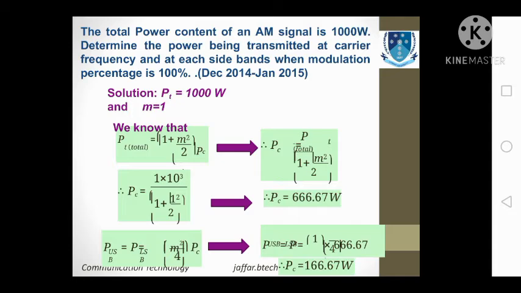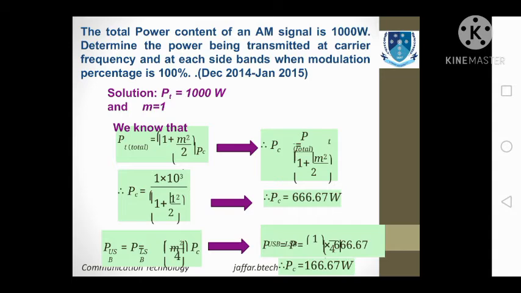And the formula, when the power of both is equal, is m square by 4 into pc. So if you multiply this, m square by 4 into pc, you will get the value of 166.67. It means that there was 1000 watt of power in total, and out of that 1000 watt, only